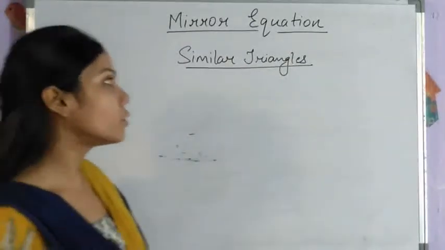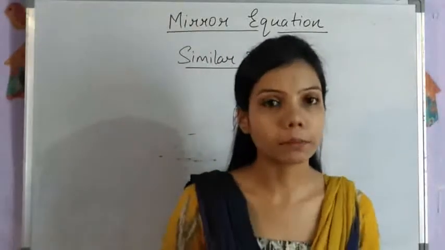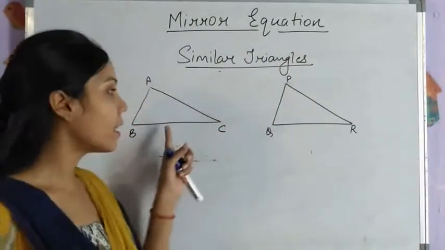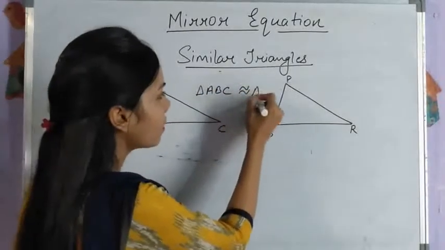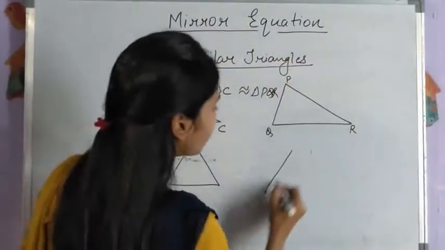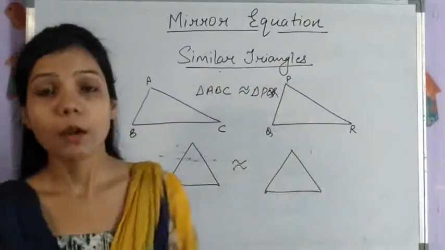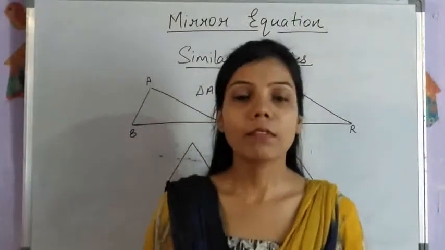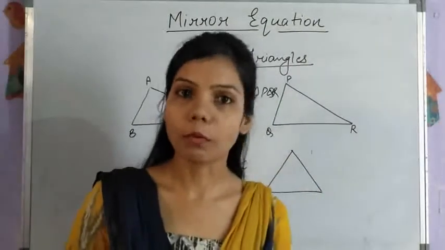In simple language we can say that two triangles are similar to each other if they have similar shapes, right? So for instance, these two given triangles, triangle ABC is similar to triangle PQR, right? So this triangle will be similar to this triangle. But there are certain criteria in order to prove the similarity. We will come across those rules and criteria to prove the congruency and similarity of two triangles.